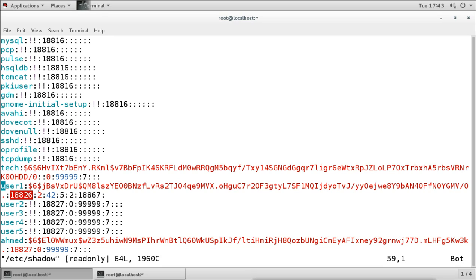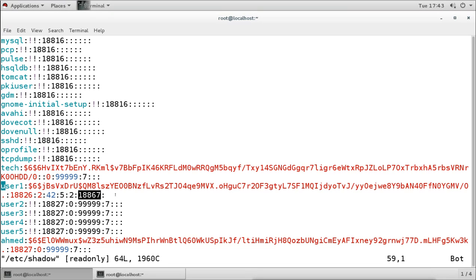Then this is a minimum password age, maximum password age, warning period, and password inactive is now +2. Then it is setting this account expiration date here. Now it is not setting the date, it is actually adding the days after 1969. So now after 1969, 18,867 days, this account will become inactive.